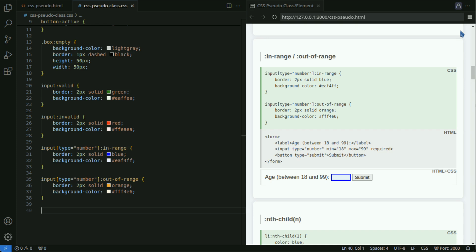The out of range style is applied when the value exceeds the range specified by the min or max attributes. In this example, when a value within the range specified by the min equals 18 and max equals 99 attributes, 18 to 99 inclusive, is entered, a blue border is displayed. When a value outside the range is entered, an orange border is displayed.